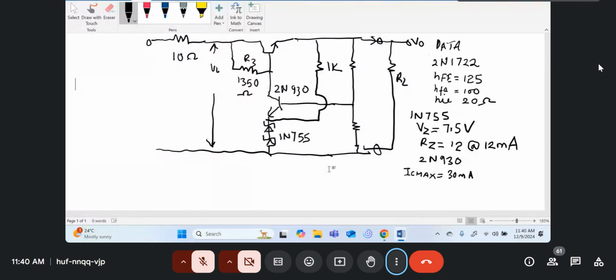We are getting the data for the 2N930. We saw IC max for this one. You are given 30 milliamperes, and VCE max you're told is 45 volts. And then you're told that H capital FE for this transistor is 220, and H small FE is 200,